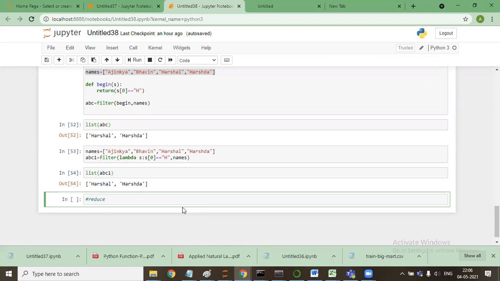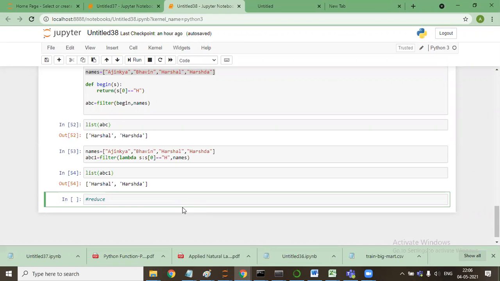Before this, let me tell you how reduce works. Reduce is a function that works differently compared to the above 2 functions that we have seen. It does not return a list, but it returns a single value. It reduces. Do you guys know what MapReduce is in a Hadoop environment?